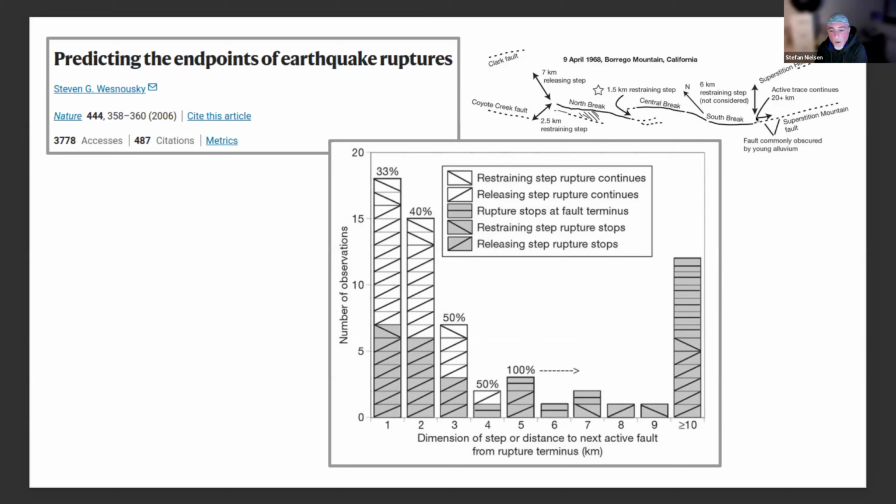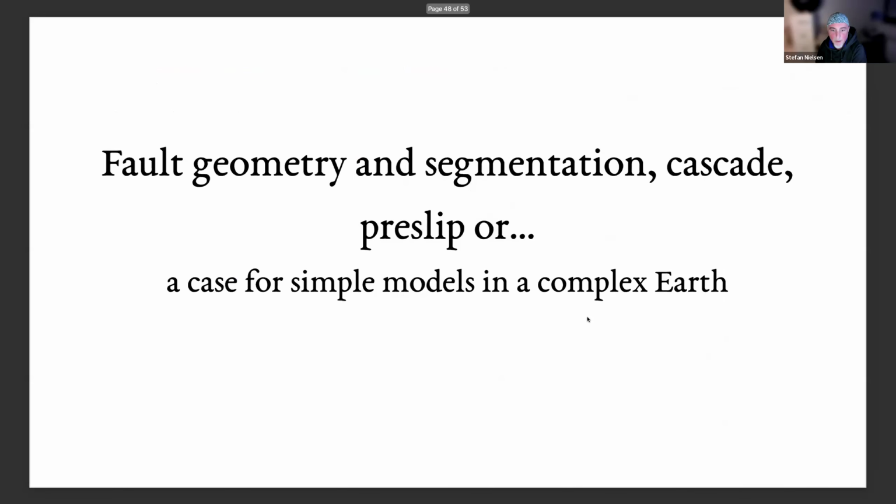Now we can cite the work by Wisniewski in support of that hypothesis, where you see that segments that are more than 5 kilometers apart seem to always stop ruptures, at least in the small catalog that Wisniewski has been looking at. Obviously, this is based on faults which intersect the surface, and he only looked, I think, at a few tens of events. But it sort of indicates that, yes, segmentation of faults is to some extent predicting the endpoints of ruptures.